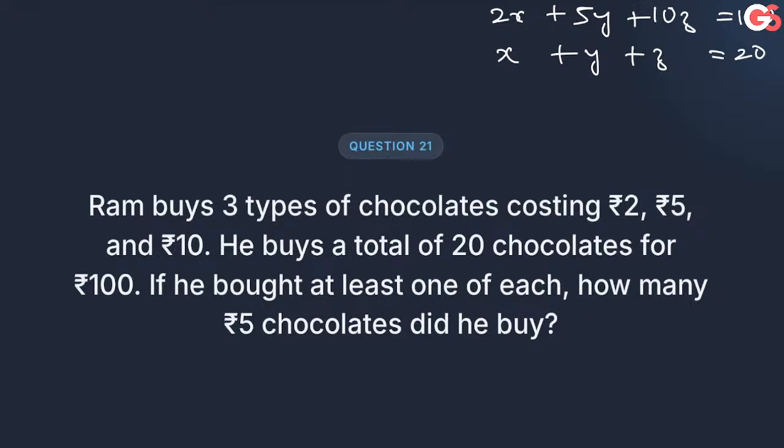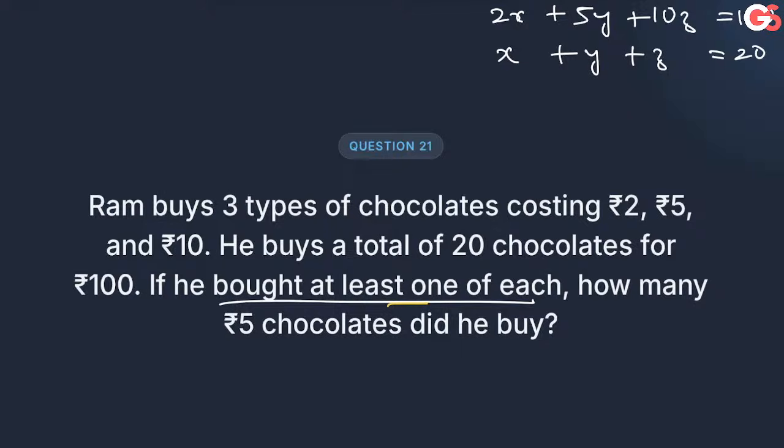अंकित जीरो वाला लेके भी कर सकते हो, जीरो काउंट नहीं होगा, तो मैंने जरूर 2 से उठा लिया, है ना? जीरो ले सकते हो, वो काउंट नहीं होगा। ओके, ये ठीक है। If you bought at least one of each, how many rupees 5 chocolates did you buy? तो कोई भी चीज जीरो नहीं सकती। When it says he bought at least one of each, तो ये परम्यूटेशन कॉम्बिनेशन का क्वेश्चन नहीं है। नथिंग कैन बी जीरो, एक्स वाई जेड कांट बी जीरो।